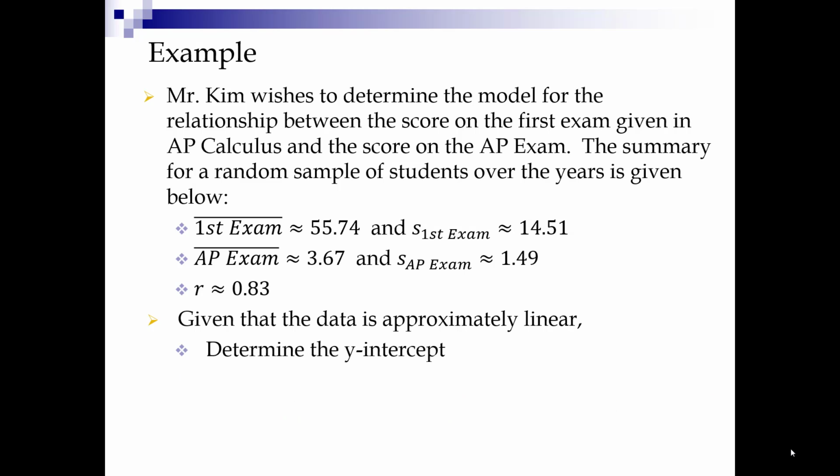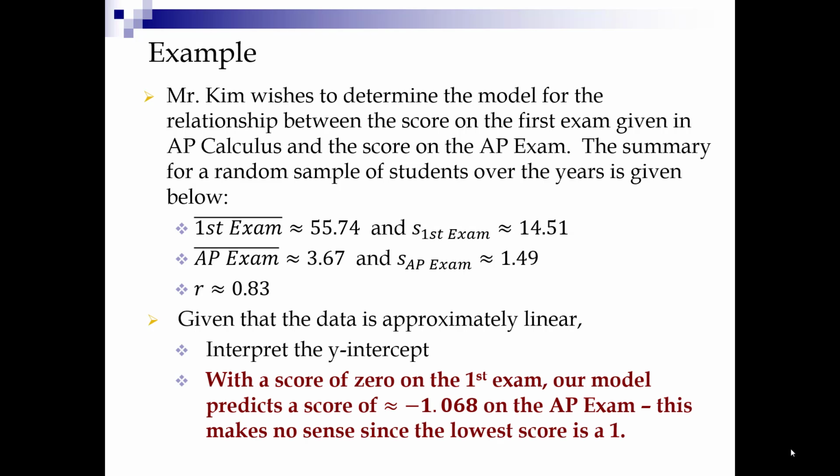Let's go ahead and determine the y-intercept using our formula as well. So our formula is a equals y bar minus b x bar. So a in this case is going to be 3.67 minus the slope of 0.085 times 55.74, the mean of our explanatory variable, which is approximately negative 1.068. Let's go ahead and interpret this. With a score of 0 on the first exam, our model predicts a score of negative 1.068 on the AP